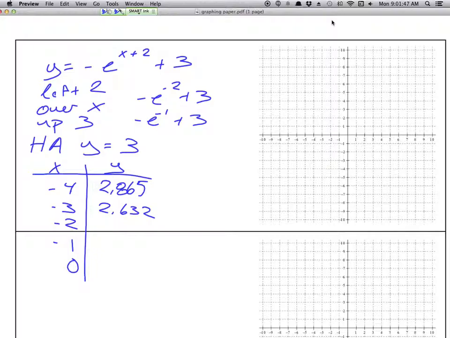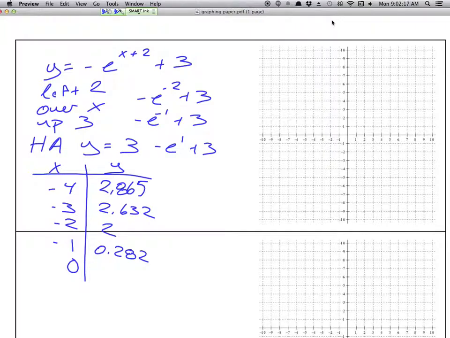Then when I plug in negative 2, what does that make my exponent? 0. And e to the 0 power is 1, so I've got a negative 1 plus 3, which means that is 2. I stick in negative 1, which makes my exponent 1, so I have negative e to the 1 plus 3. That gives me